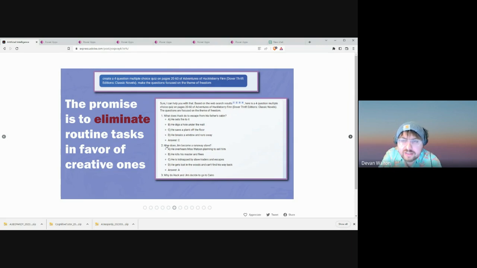So as you can see in the example, it was able to pull that book up. It was able to look through that book, look through pages 20 to 60, and identify a set of questions that would relate to the theme that I specified. And it provided not just the questions, but also the answers. Now, if I had to do this myself, even if I was very familiar with this particular edition of Huckleberry Finn, this would be a somewhat daunting task, right? You'd have to allot a certain amount of time to do this,